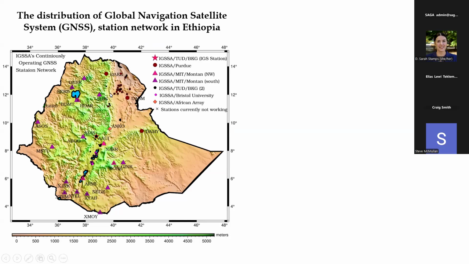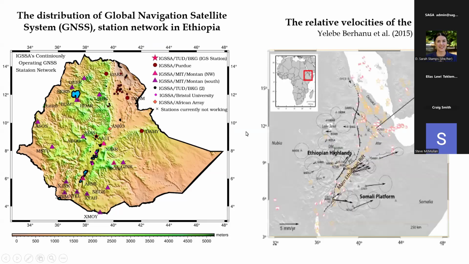As you can see, most of the stations are marked with X. These are stations that are not currently working, but the others were working at least in the past few years. And there were many publications on the velocity field of